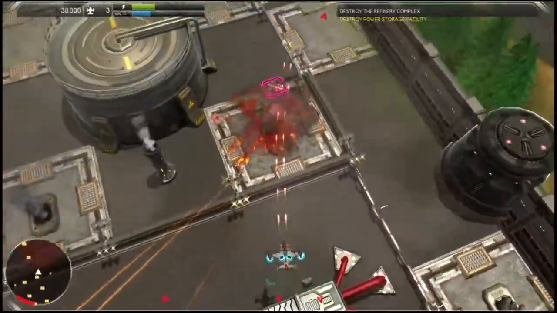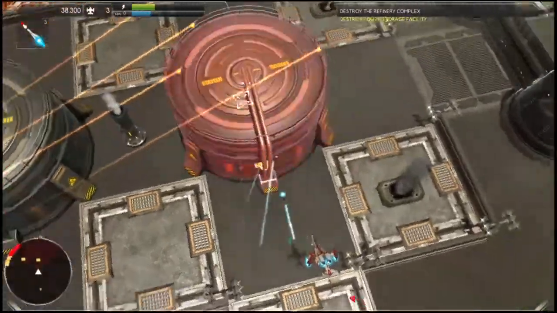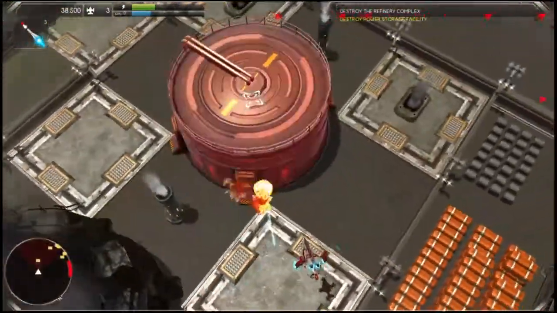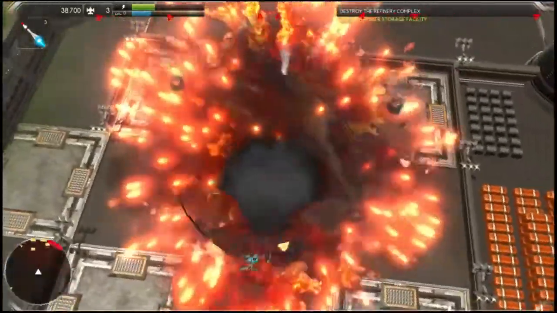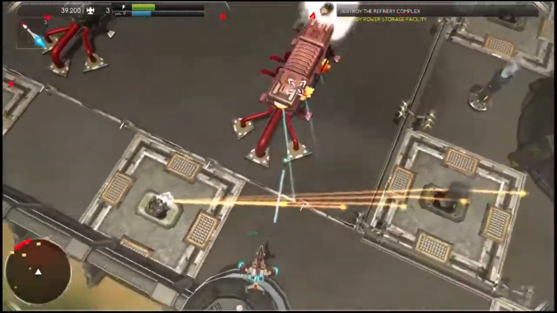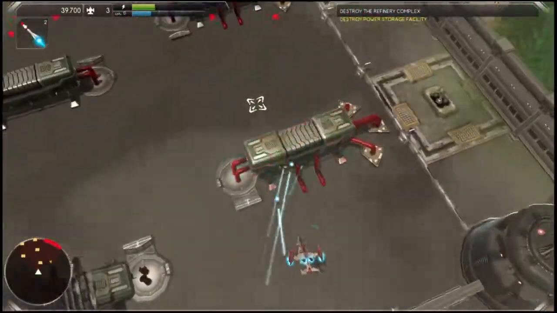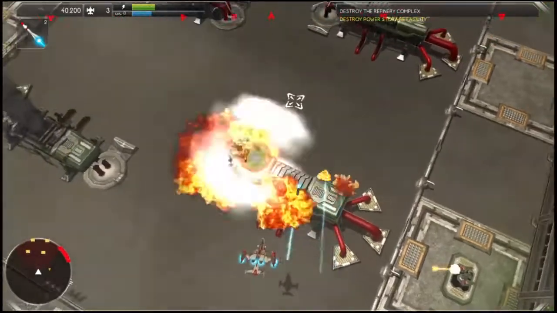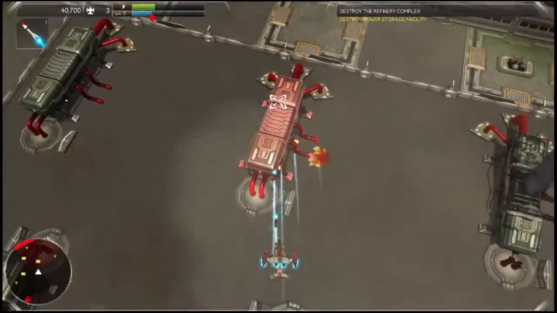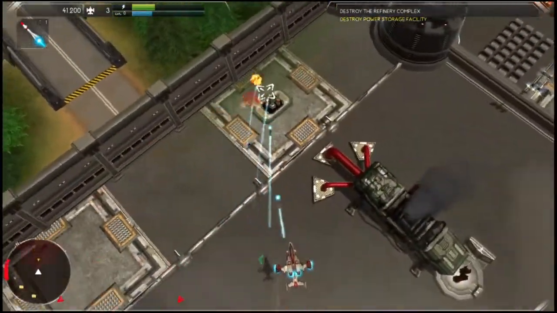Let's destroy the storage facility. Is that where I'm at? Okay, so at least on the mini-map, the secondary objectives are highlighted in yellow, primary objectives are highlighted in red. I still kind of wish that there was some sort of indication of